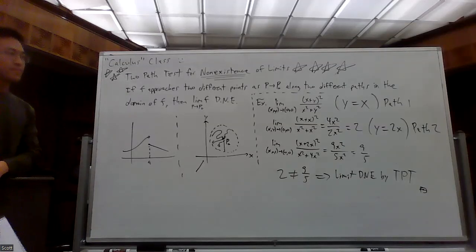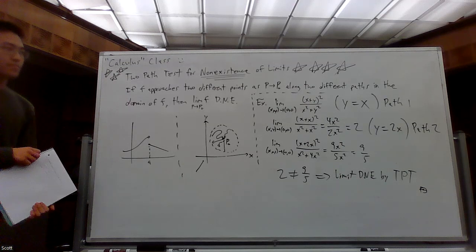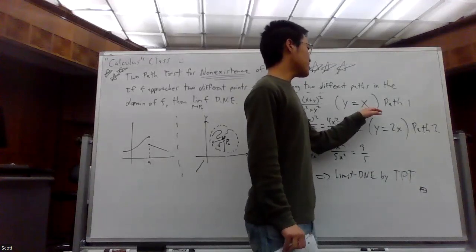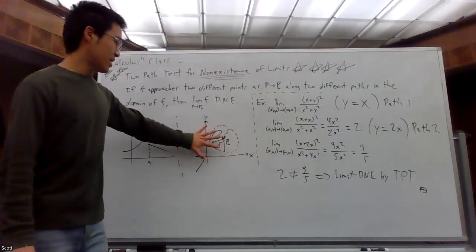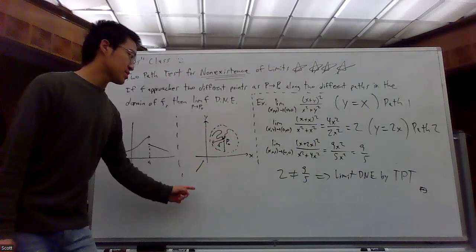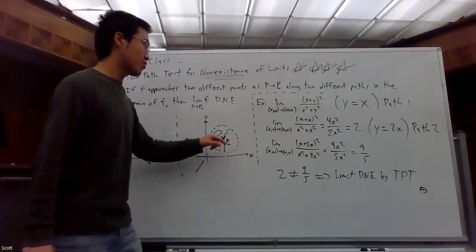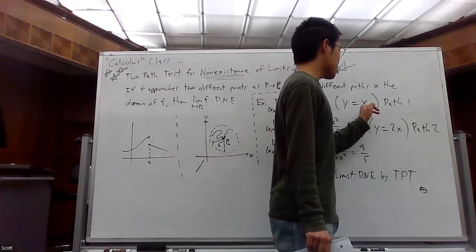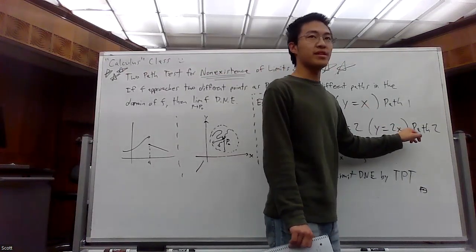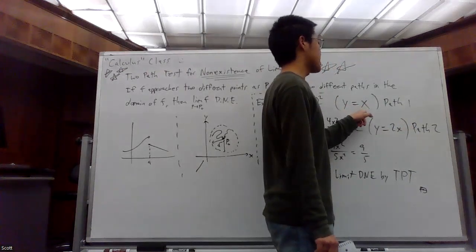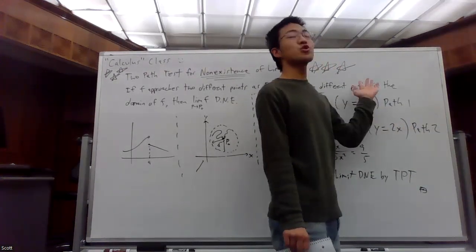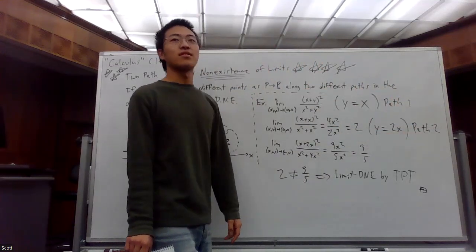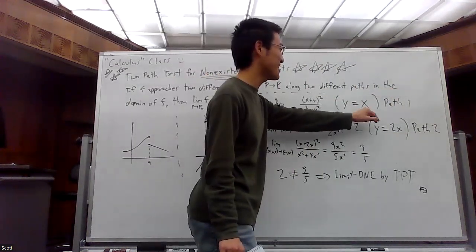Yes. So the restrictions for y equals, it always has to be x with some constant? Not necessarily. A path is basically, think about a path in the plane. It's some relationship y is equal to some function of x. And that's the path you're taking to approach whatever point this might be. The choice of y equals x and y equals qx is strictly for convenience. If you want to do y is equal to the sine of the natural log of the absolute value of the square root of x, sure, by all means, go for it. You'll get different values. But why suffer more when you could just plug in x?